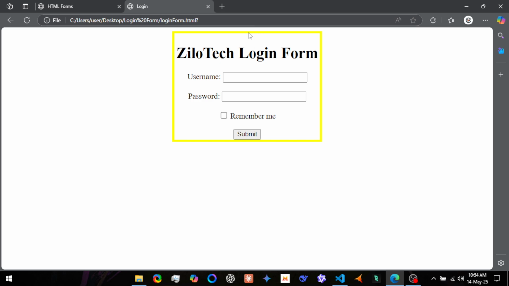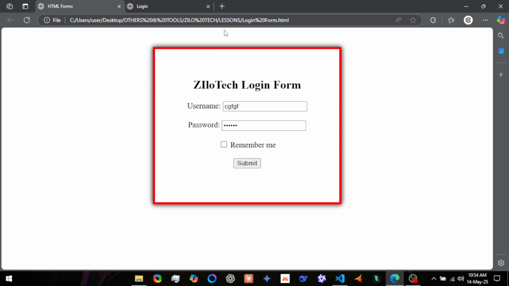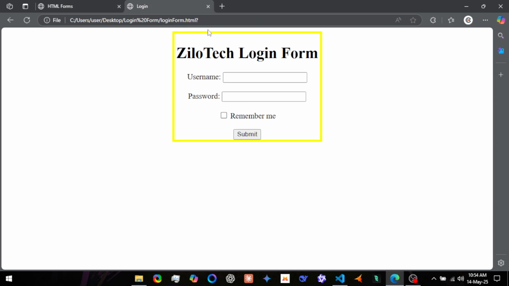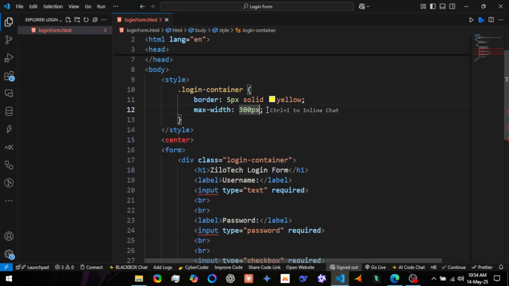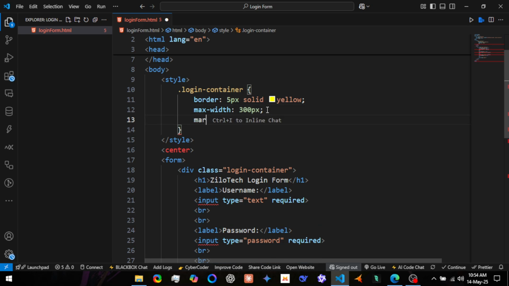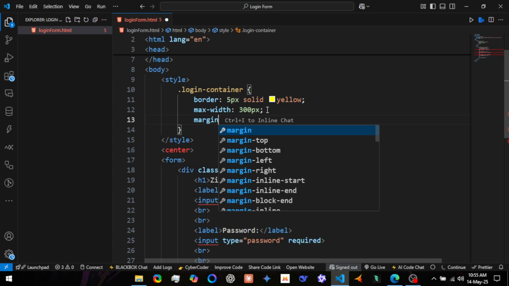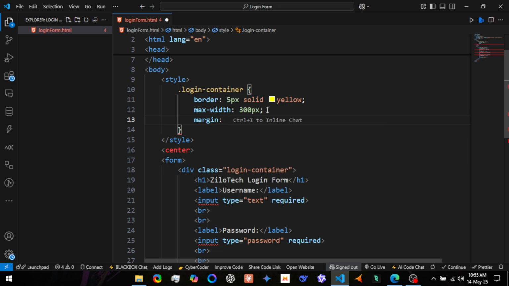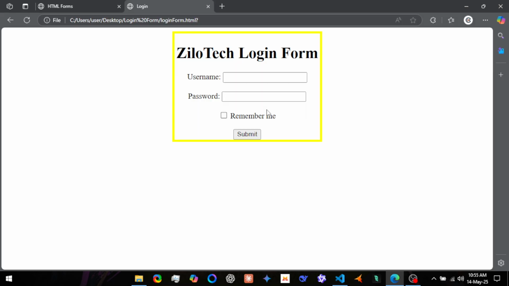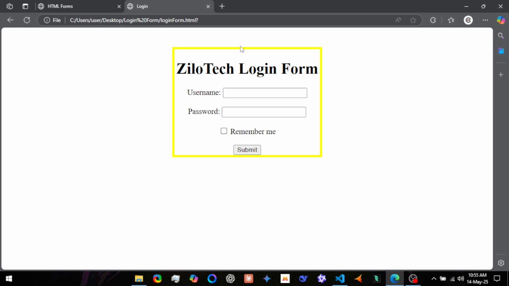But now I can see my login form is a bit too close to the top of my web page, and I want it to be like, you see there's space there, but there's no space there. How do we fix that? We're going to use something called margin. For my margin, I'm going to put 40px, and I'm going to make it auto. Perfect. Control S to save, and if I refresh, I can see now that there is space from the top